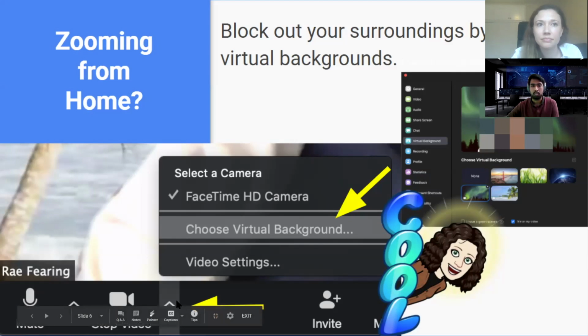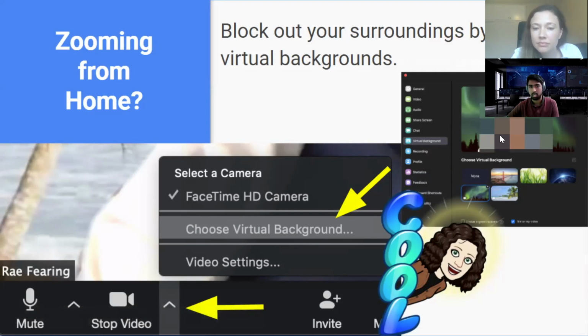The way you do it is that you find a video symbol on your meeting controls, and if you click on the caret symbol, you'll have a Choose Virtual Background option. Then you will be taken to a screen with different basic default virtual backgrounds which you can select and choose. Otherwise, there is a small plus icon here where you can look at different background options that are available.